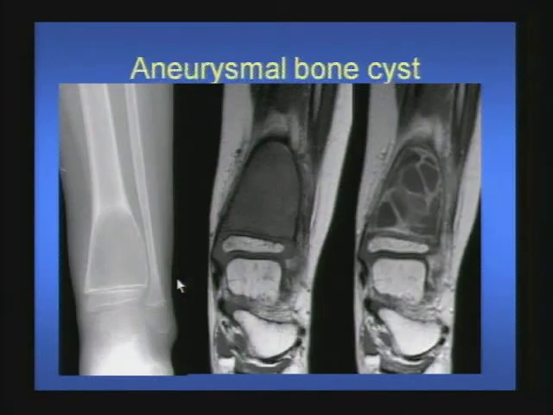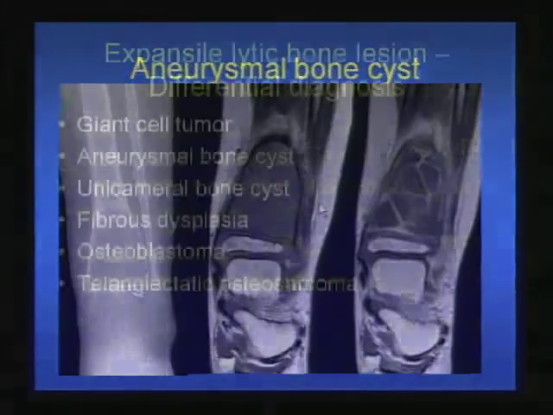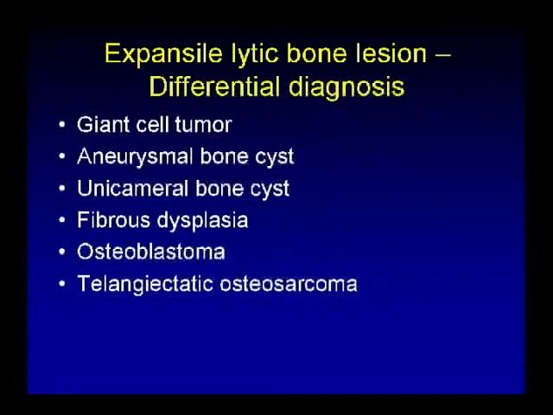Next is an example of a proven case of aneurysmal bone cyst, classical minimally expansile lytic lesion with very thin septations, if you can appreciate that, with pre and post contrast T1 MRI showing the intramedullary location of the tumor and multiple enhancing septations. This is not very specific radiologically,